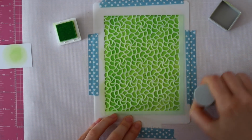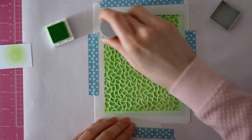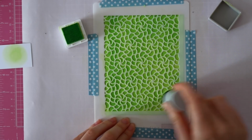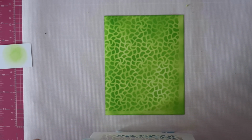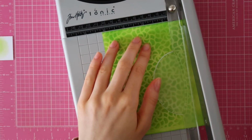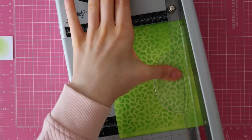You could do this with any ink pad with any color you like. Think of all the cool possibilities. You could even use different stencils. Just have fun and play around with it a little bit, and then you'll be left with some really gorgeous and fun results. I trimmed down this finished paper to 4 inch by